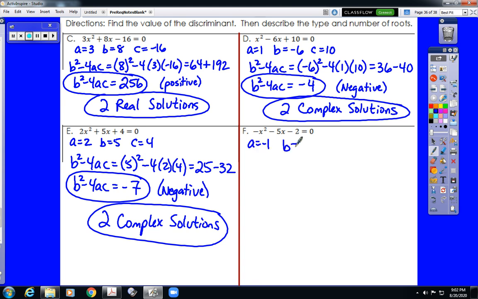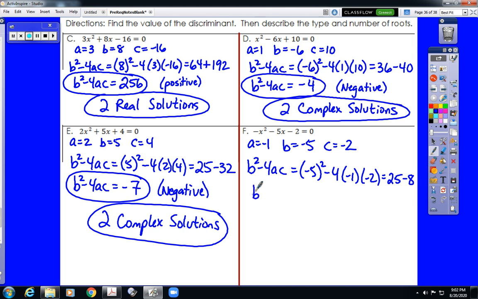F is in the correct format. A is -1, B is -5, C is -2. B squared minus 4ac would be -5 squared minus 4 times -1 times -2. That is 25 minus 8. So b squared minus 4ac is 17. Again, all we really care about is the sign. That value is positive, which means this particular quadratic